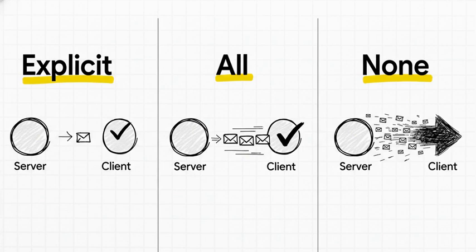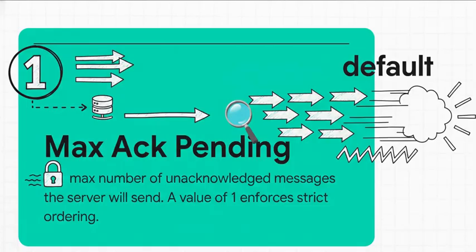lost. All is a nice middle ground. It lets you acknowledge a whole batch of messages at once, which is more efficient. And then there's none. That's your fire and forget mode. It's maximum performance, pedal to the metal, but with absolutely no guarantee of delivery. It's perfect for things like metrics or reporting, where losing one message here or there isn't the end of the